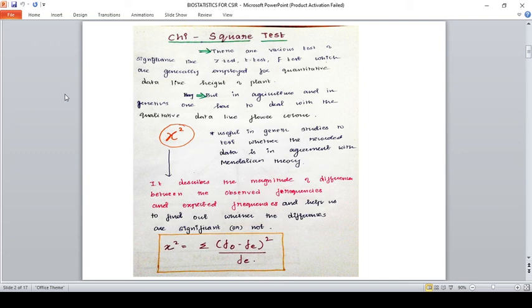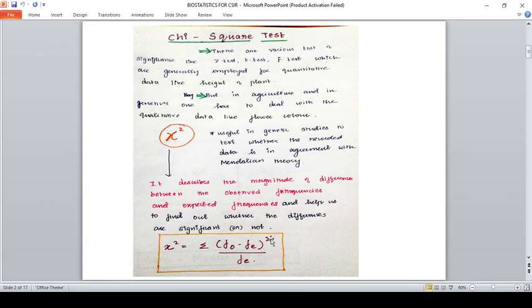You all know about Mendel's law of inheritance. So the purpose of chi-square is for analyzing qualitative data, and it is mainly applied to agriculture-related studies and to check whether the data coming from agriculture or genetics is in accordance with the Mendelian theory. It describes the magnitude of difference between the observed frequency and the expected frequency, and it helps us find whether a significant difference exists in the qualitative data or not.